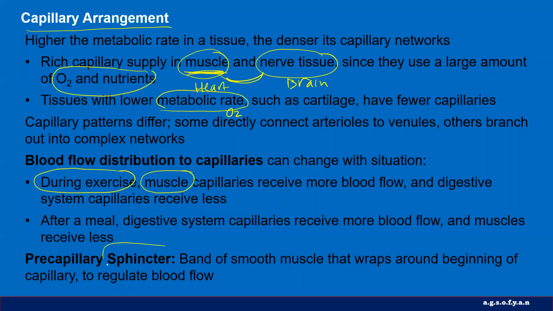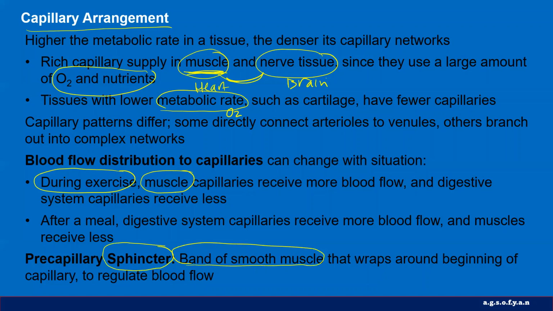And as I mentioned before, there is a sphincter, or band of smooth muscle, on the arterioles that will distribute or stop the blood from going to certain organs. So this sphincter muscle has a function to control the distribution of blood, whether giving it to the organ or stopping it. For example, during exercise, our blood mostly will go to the skeletal muscle, and there will be less blood going to the digestive tract, because at that time we slow down our digestion